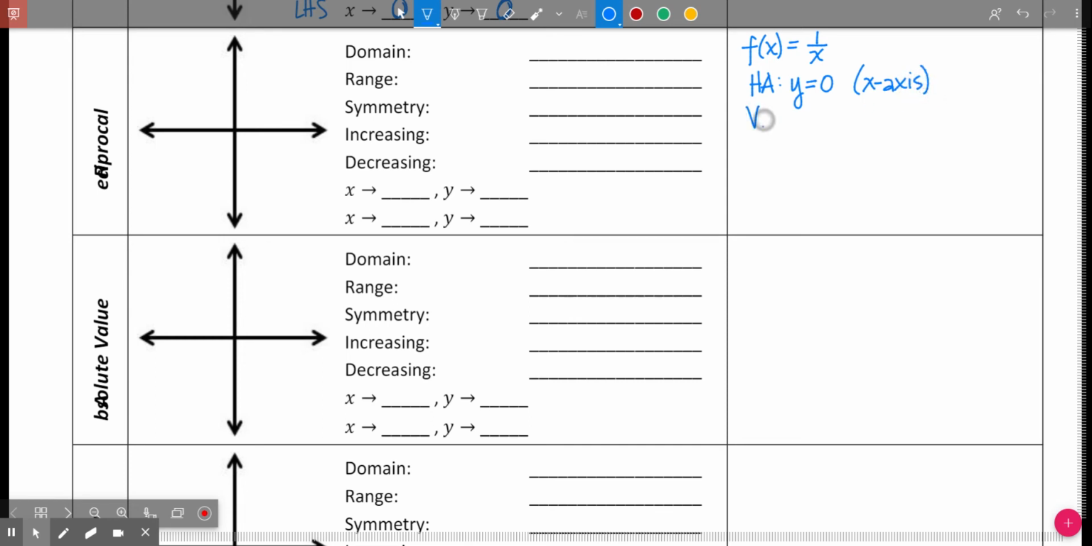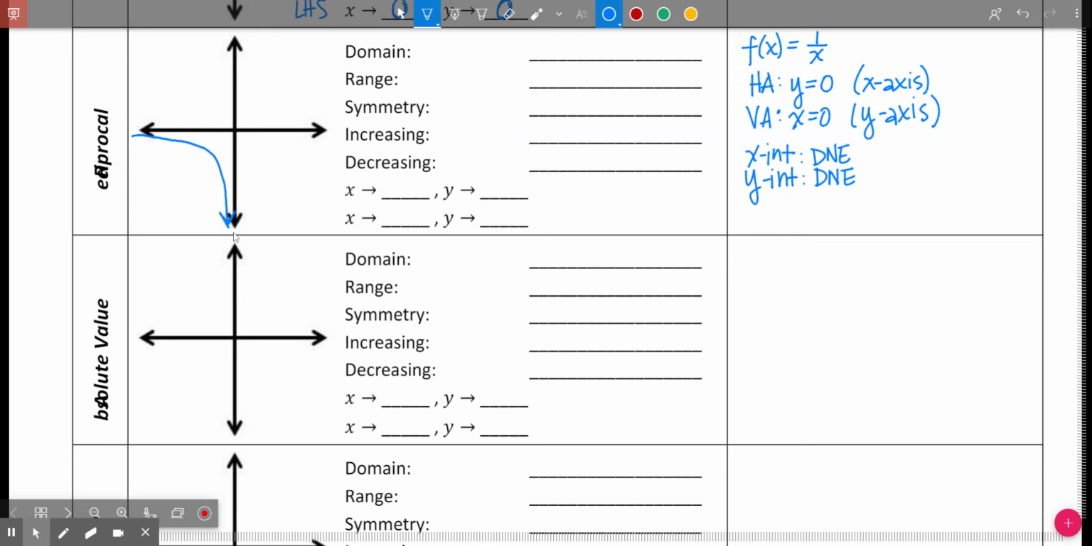We also have a vertical asymptote at x equals 0. That's the y-axis. So the graph of this function will never cross the x or the y-axis. So it doesn't have any x or y intercepts. When we look at the graph of the reciprocal function, if my x and y axes are asymptotes, then this graph is going to come from negative infinity and approach